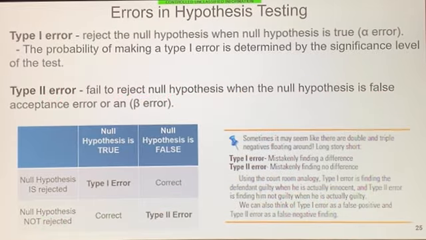So there are some errors in hypothesis testing. Type 1 error is a false positive. You say that there's a difference when there's not. Type 2 error, you miss a difference that does exist. So type 1 error is convicting an innocent person. Type 2 error is letting a guilty person go free. Or,